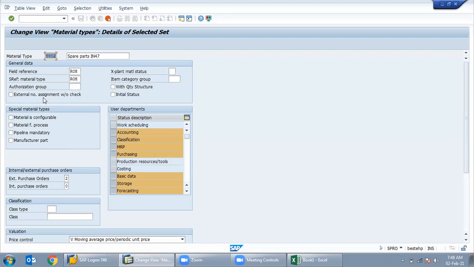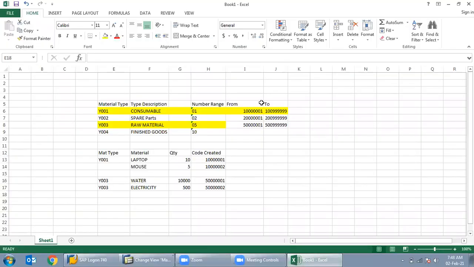See, Umesh, there are two types of number ranges which I have already told you about. That can be mapped internal or external. If we select external number ranges, then what will happen?